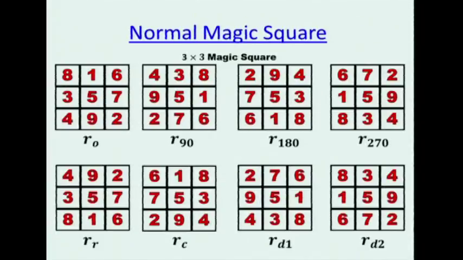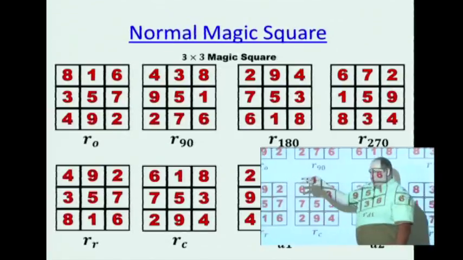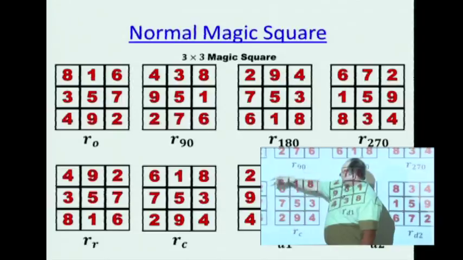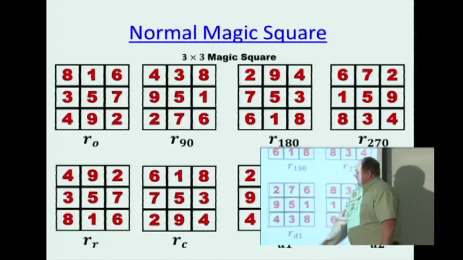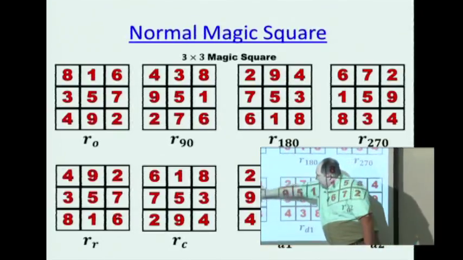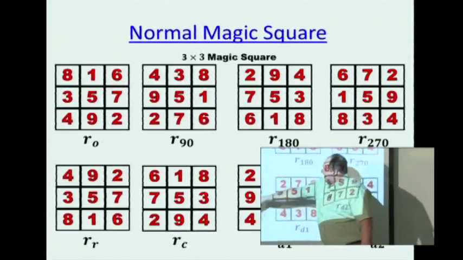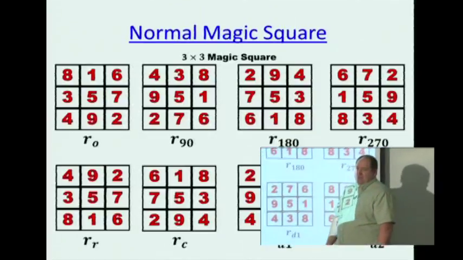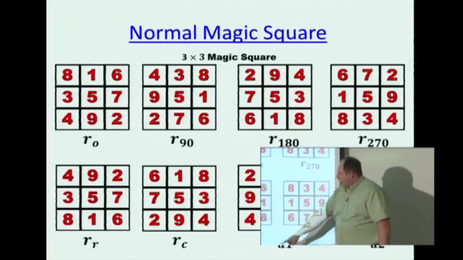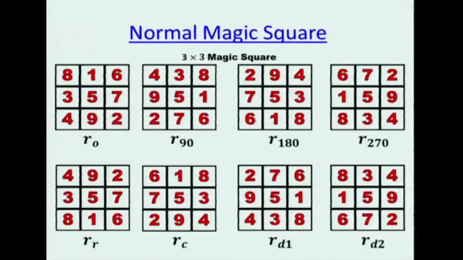This one is reflected around the middle row. So notice, 3, 5, 7 is in the middle, but the 8 and the 4 flip places. Same thing with the 1 and the 9, flip places. If we think about reflecting around the middle column, notice 1, 5, 9 is still in the middle, but the 7 and the 3, for example, just flip places. The same is true for diagonal 1. 4, 5, 6 in the middle, and notice 8, 3, and 1 just flip places over on the other side. Same is true for this one, going this way.